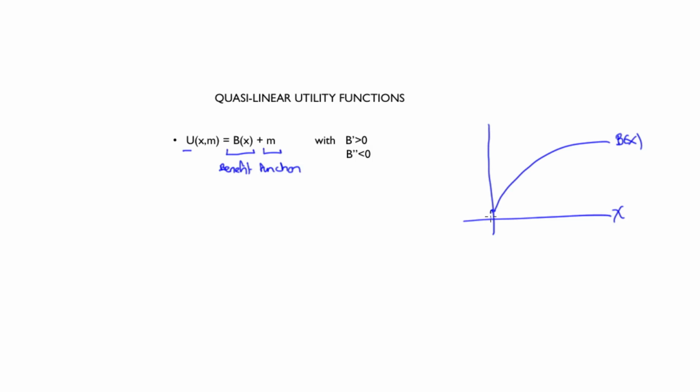We have put no restrictions about where b of 0 is. Now, this class of experience utility functions are called quasi-linear utility functions because they are linear in one of the two arguments of the function. We focus on this type of functions because, as you will see over the next few videos, they have